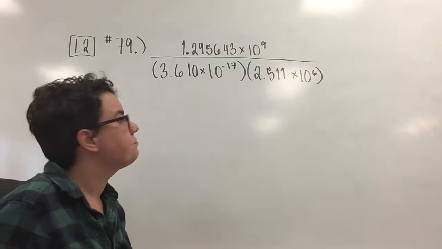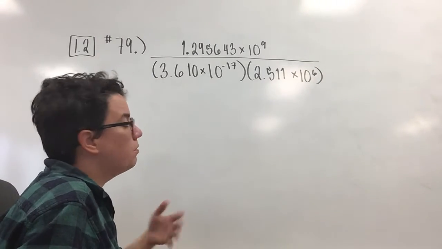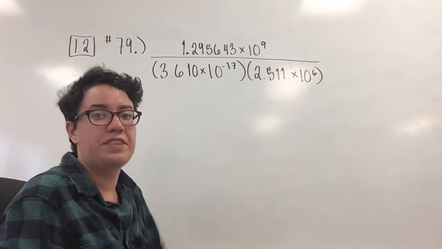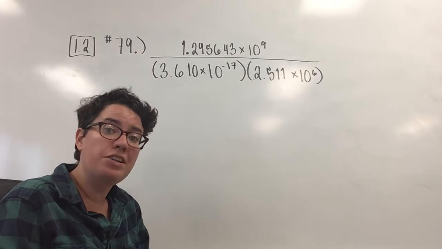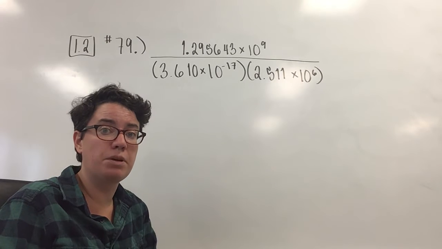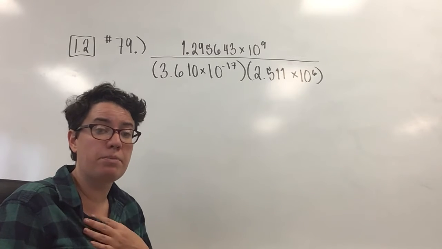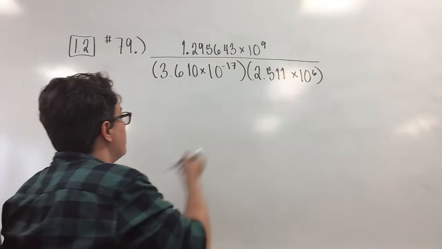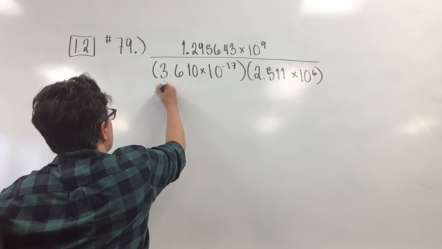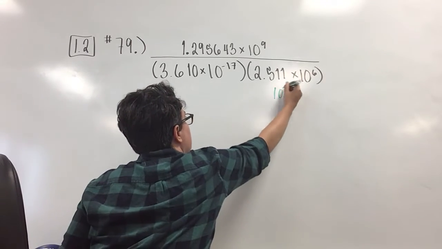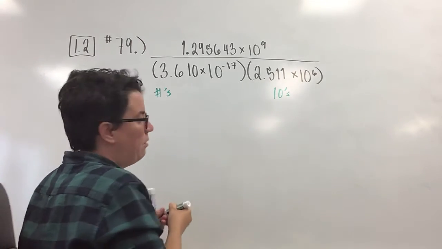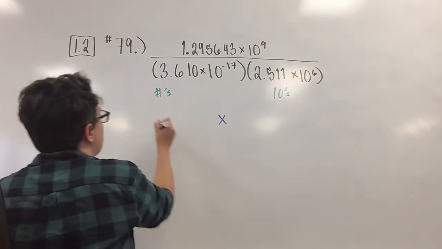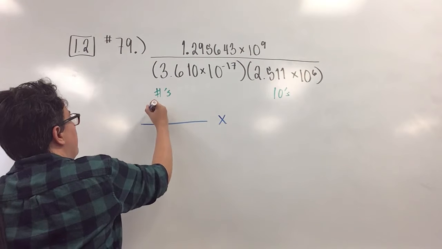Okay? So from there, we're going to remember that this is an exponent problem, and you'll notice we've got our powers of 10, that's how this ties in. When I do scientific notation problems with multiplication and division, I like to break them up into 2 sections. I like to break them up into the numbers on one side and then the tens on the other. That way we're going to keep everything organized and we're not going to have to use our calculators as much. So on this side, we'll have